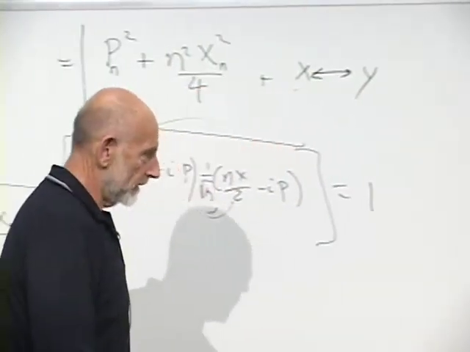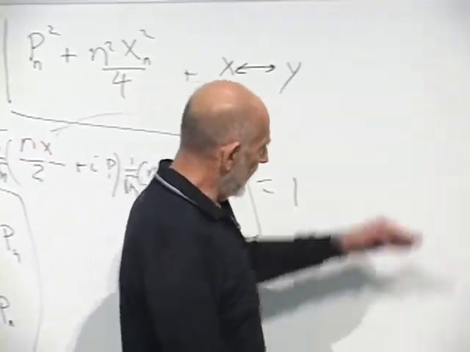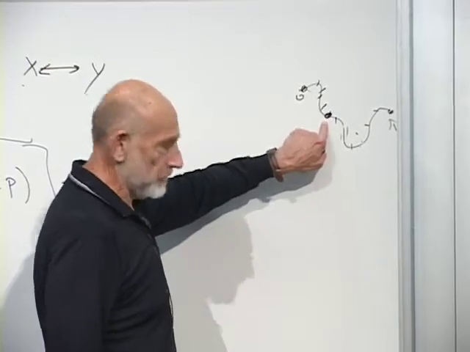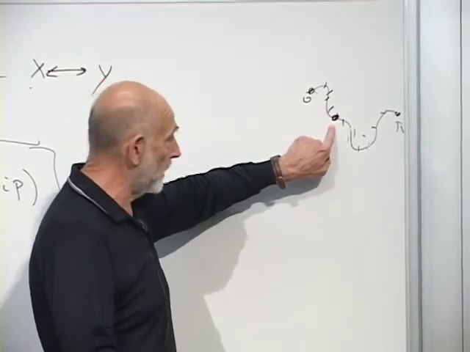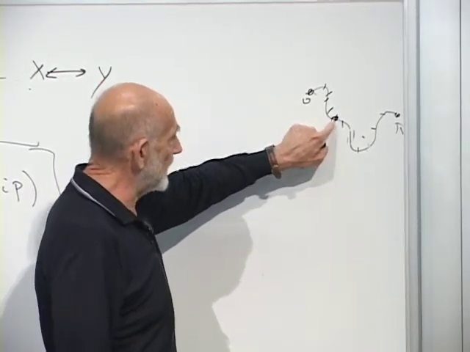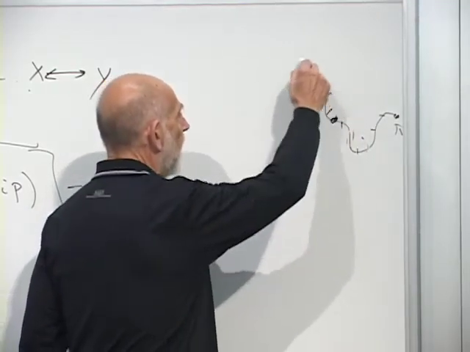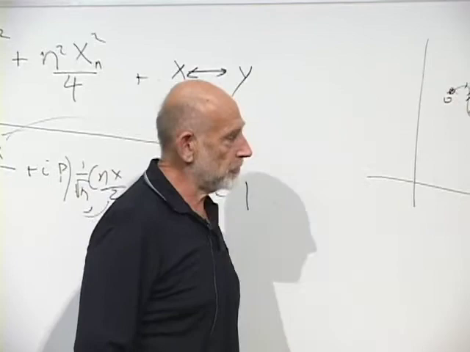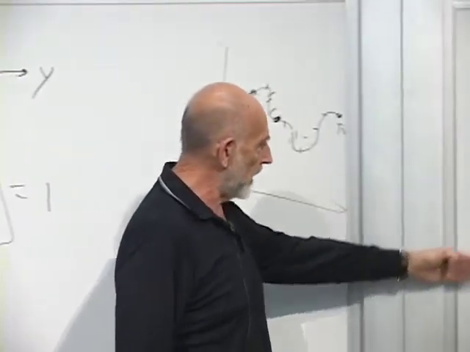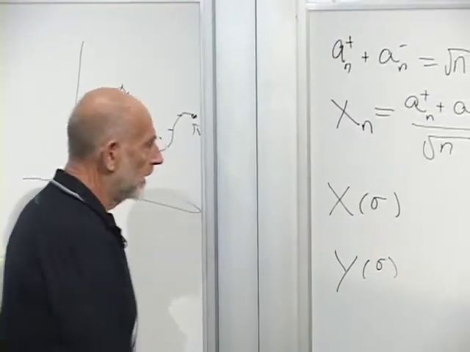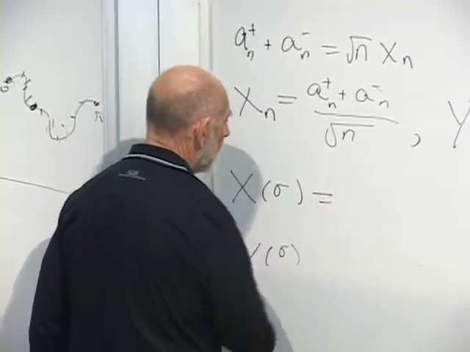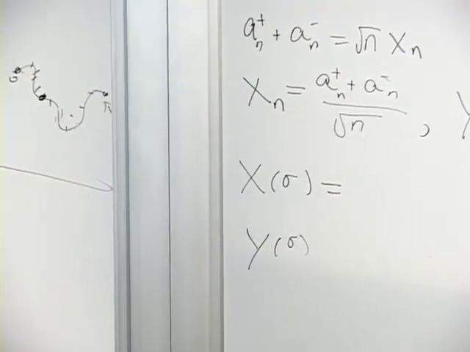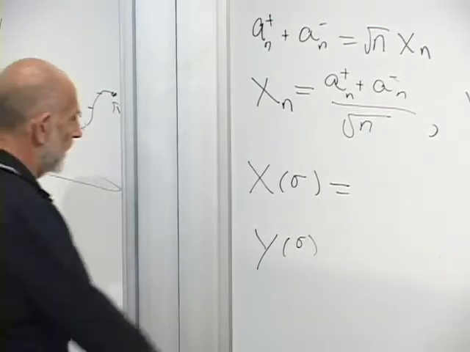All right, and if we take any point on the string, it's characterized by a sigma. It's the sigmeth point, if you like, and it has a particular value of x and y. Here's the xy axes. Each point on the string has a definite location. We call them x of sigma and y of sigma. And we use our freedom to Fourier expand x and y, and we find,